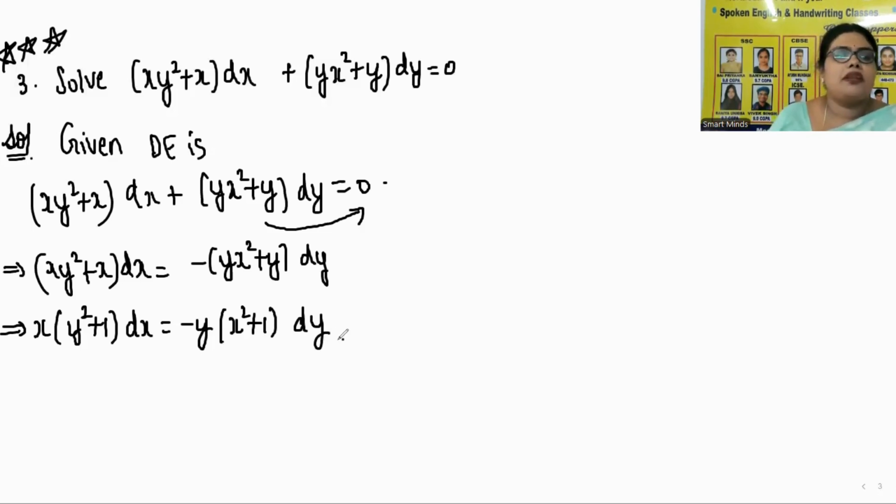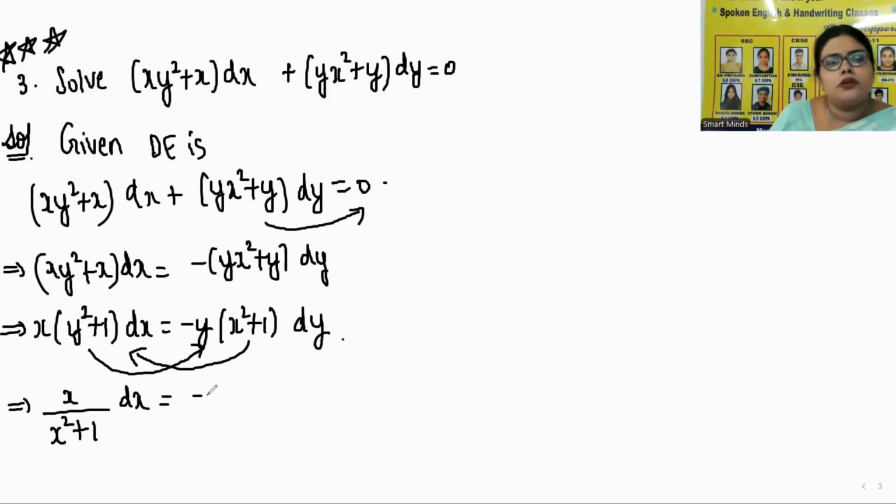Now we need to separate x terms and y terms. So right hand side you have dy. So bring all y to the right hand side. Left hand side you have dx. So bring all x to the left hand side. So let us bring this bracket this side and this bracket this side. Understood? Now from right hand side, you are bringing x square plus 1 to the left hand side. It will become x by x square plus 1 dx is equal to minus y by y square plus 1 dy. Is this clear to you?